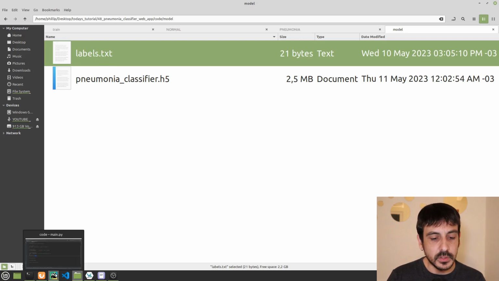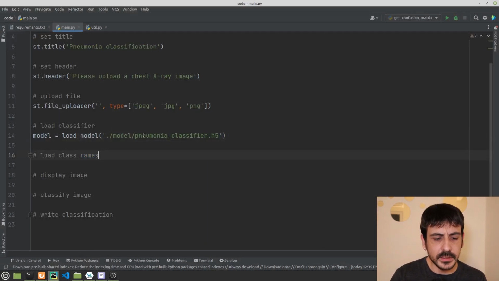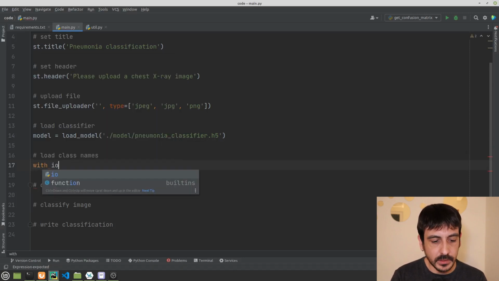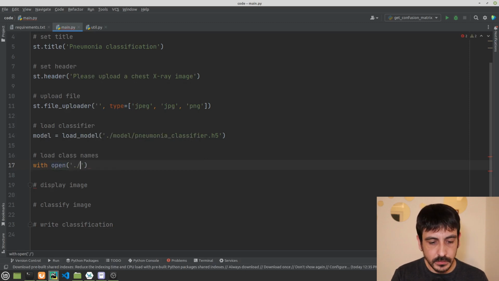Now, going back to PyCharm, this is exactly how we're going to load this file. We're going to do something like with open, and this is going to be model labels.txt.